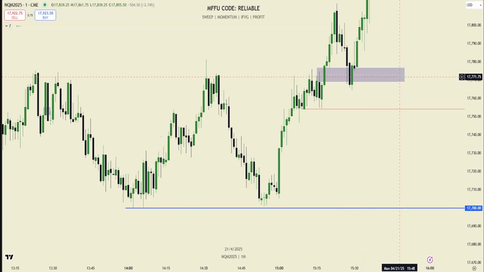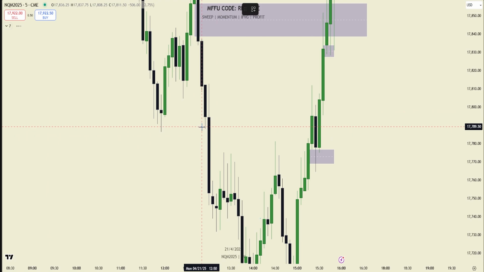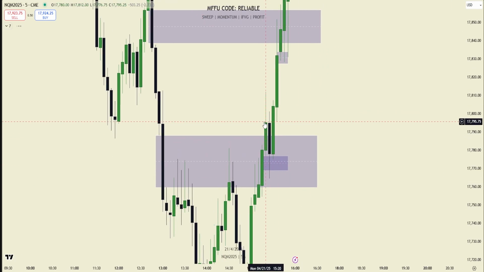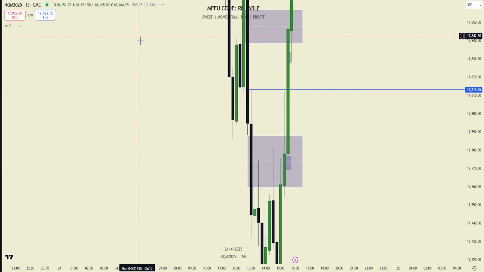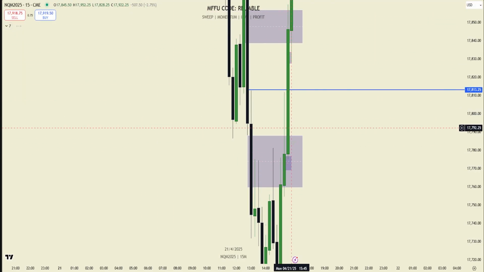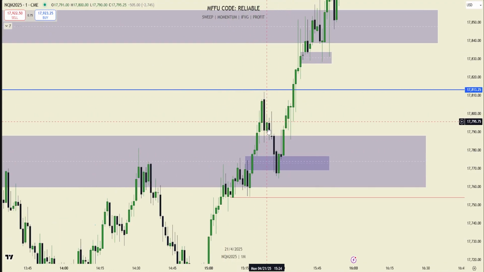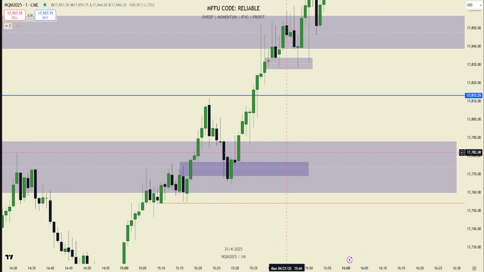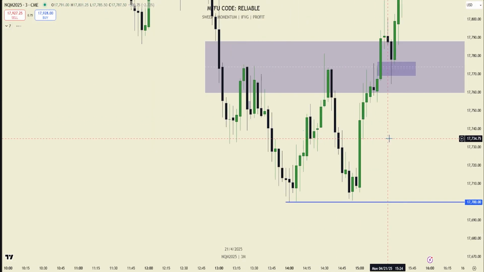Which one was the good long? Honestly, this 5 minute wasn't terrible because we made relative equal highs there. So when we got the close over there, this idea wasn't too bad. The only thing was the 15 didn't close above, right? And so that was kind of my thinking for the short was, oh, well, we're still respecting bearish PD arrays here. We came up, swept out those highs, failed to close over the 15.